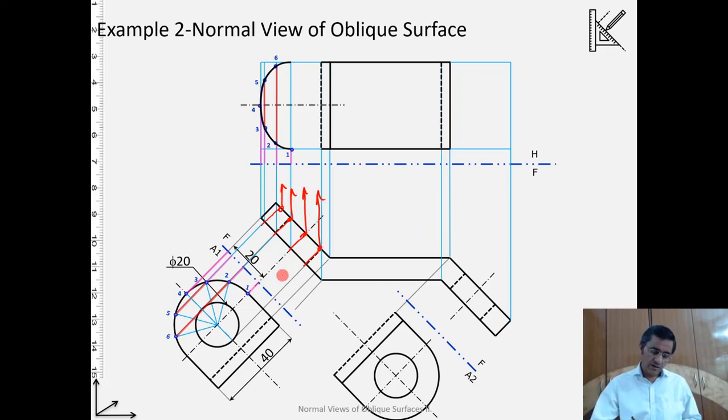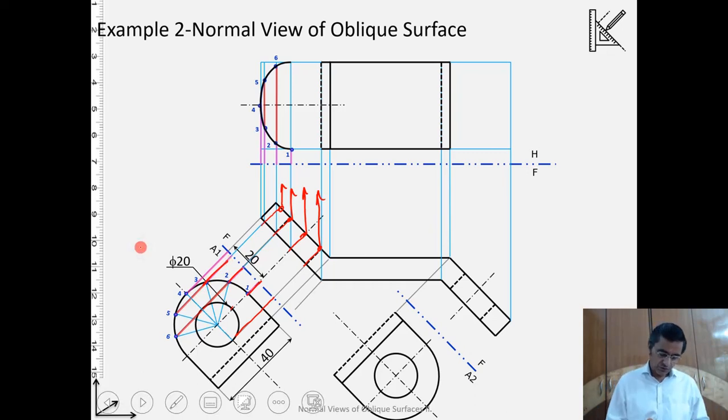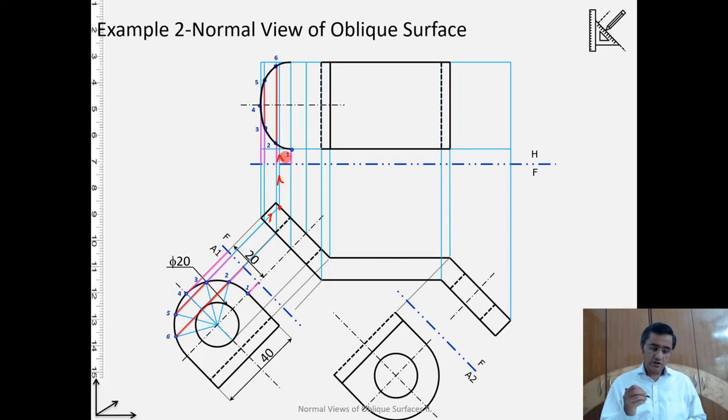Alright, and then applying the same distances in a similar manner as we had done for the bottom face. So you will notice over here that's the projector which is going to the top face. Now this projector is going to the horizontal, and on this we will be applying the distance which we know already, and between 3 and 5 also we will apply.